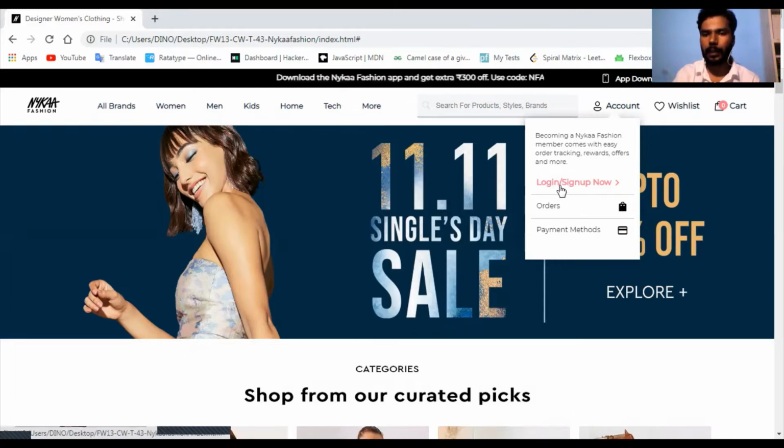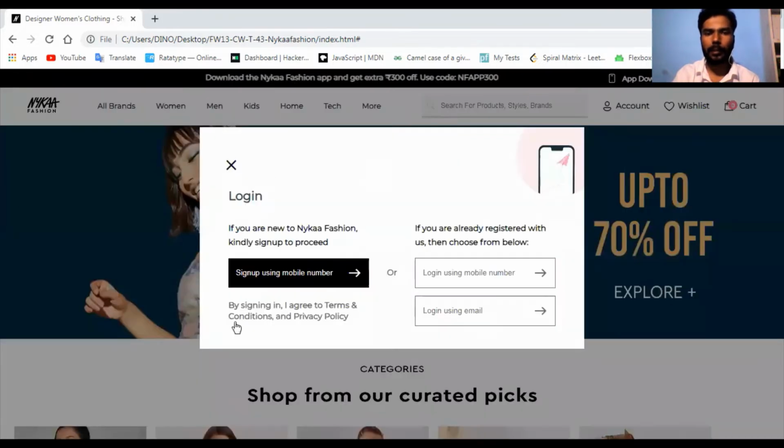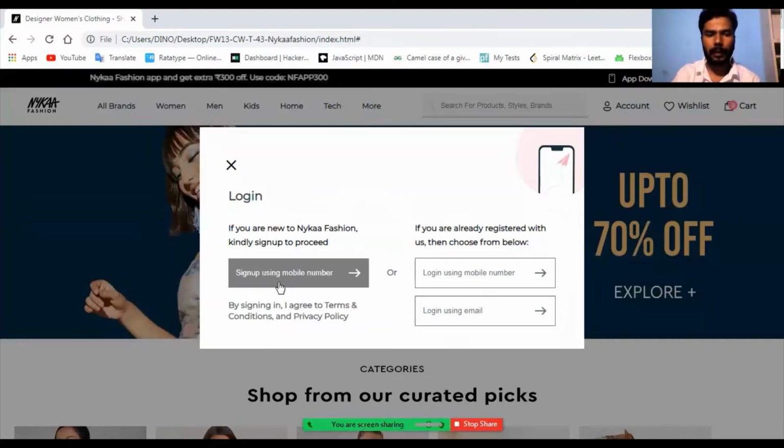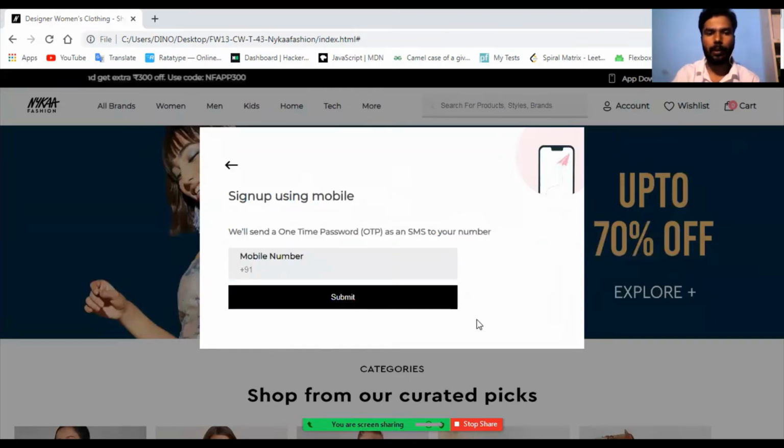After clicking the login option, we go to the login terminal. We will be seeing three different buttons.